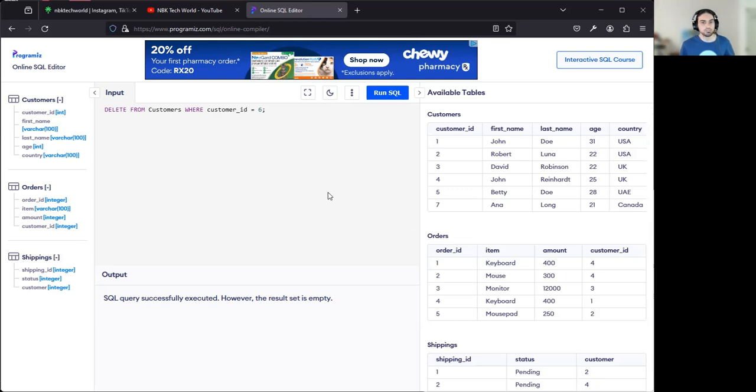Now I could also delete by my other columns. For example, I don't want 7, right? I could say last name long, but I have to be careful. This is not good. Okay, I'm telling you about this just for practice, but usually this is not a good